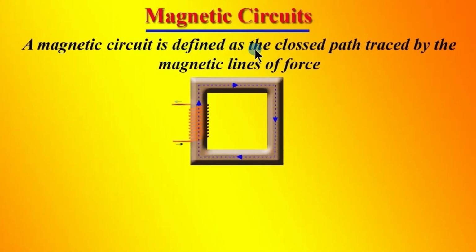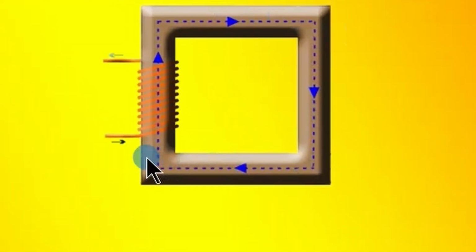A magnetic circuit is defined as the closed path traced by the magnetic lines of force. See here, in this core, a coil is wound on one of the limbs, which has N number of turns, and we are passing a current through that coil. Then, due to the magnetomotive force developed by the coil, it creates magnetic flux or magnetic lines of force which pass